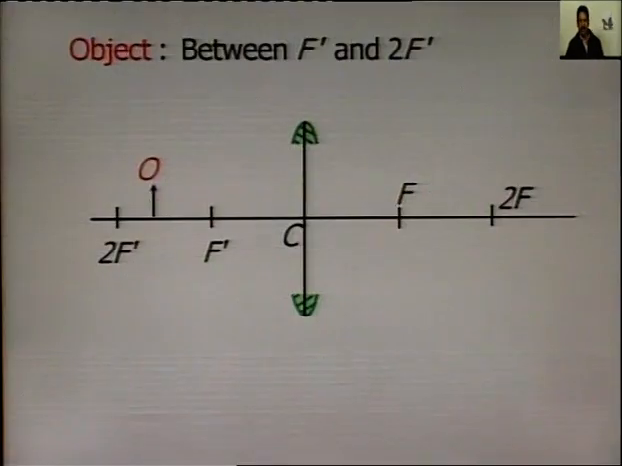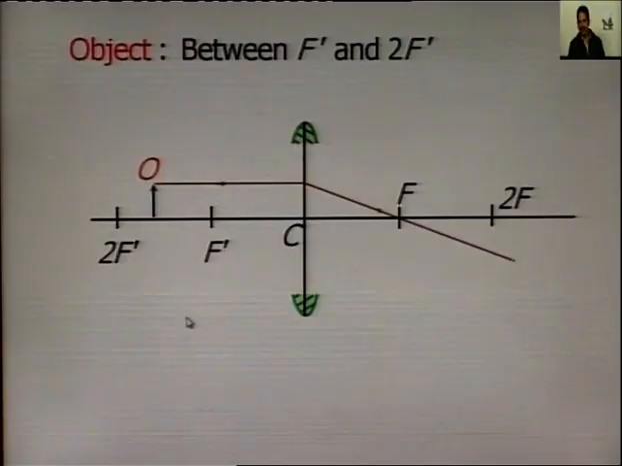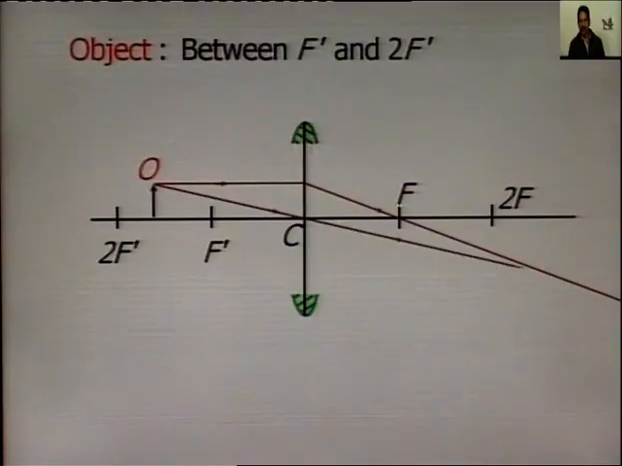Principal focus and twice the principal focus. So, the object is between f and 2f. Again, for construction of the image, we will take two rays of light, one passing through the focal point and the other through the optical center, and as these rays of light are meeting here, you can say that the image formed is a real one, and you can clearly see that the size of the object is